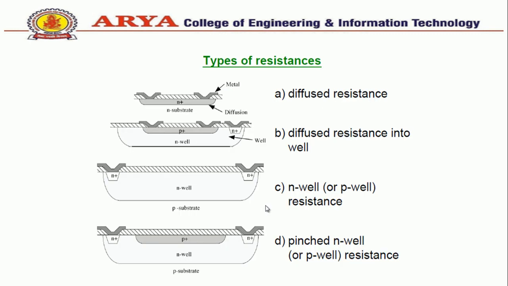So, this figure shows cross-sections of various CMOS integrated circuit structures. Figure A and B use highly doped diffusion. Both refer to NMOS technology. The first utilizes N plus diffusion achieved directly on the substrate. The other has P plus diffusion sitting inside the well. In both structures, insulation is ensured by reversely biased junctions.